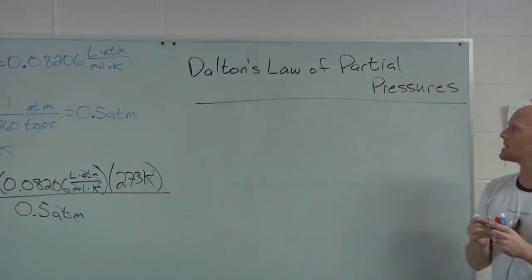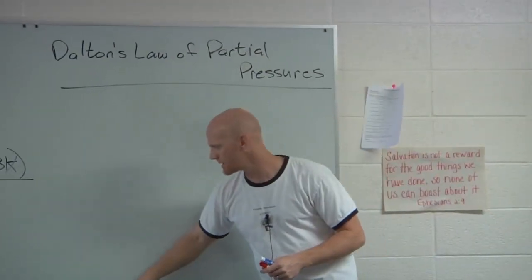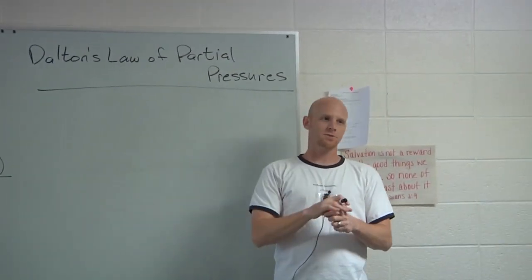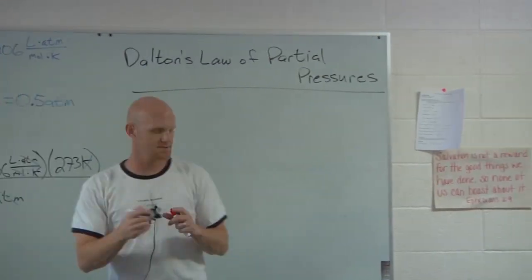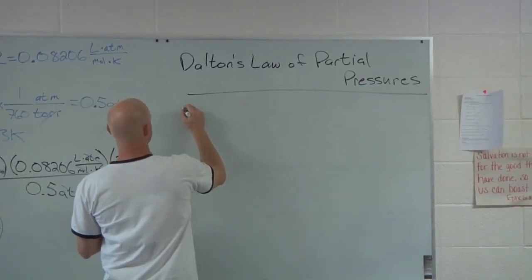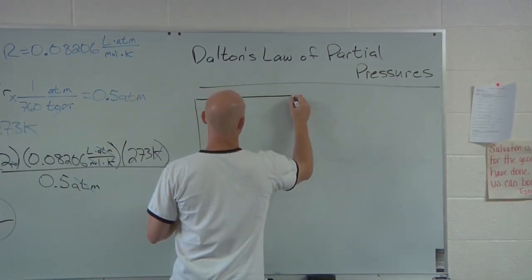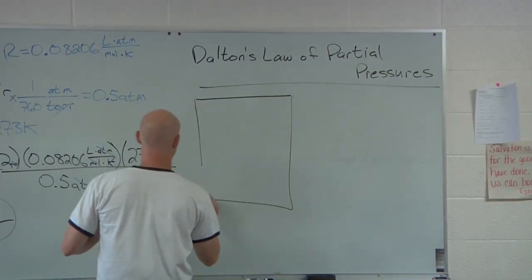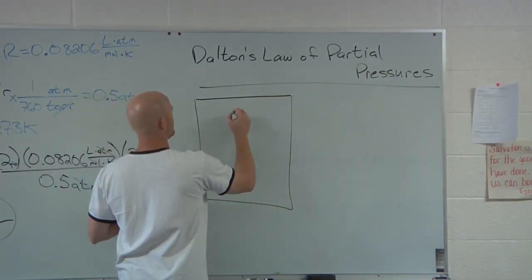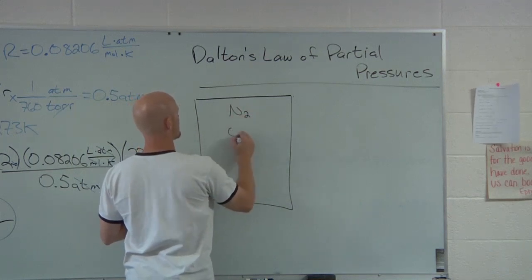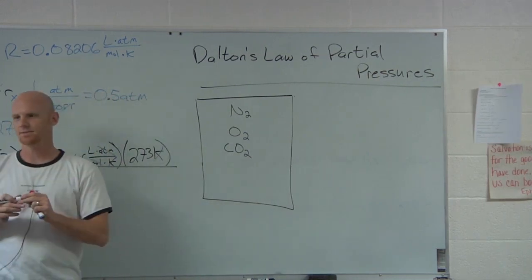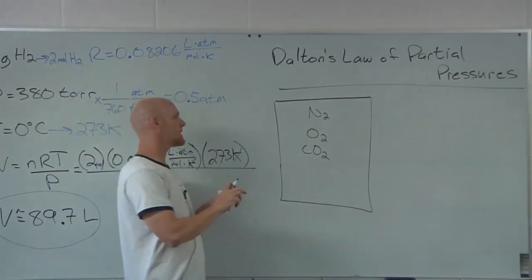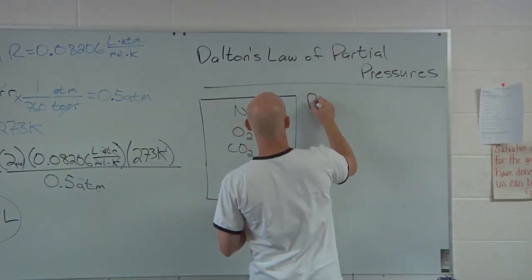All right, Dalton's law of partial pressures next on the docket here. So Dalton's law of partial pressures is fairly simplistic, at least in its underpinnings. So if we had a container here, and in this container, it contained nitrogen gas, oxygen gas, and carbon dioxide, let's say. Then the total pressure inside